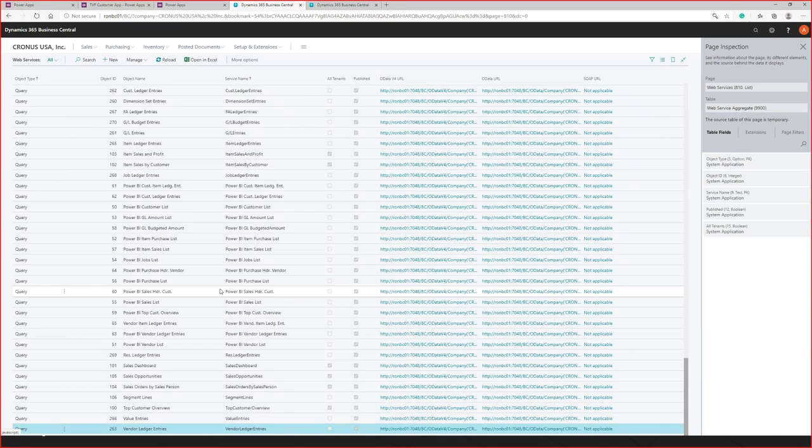Okay, web services are very powerful. Not a lot of people use them. I was way excited when Microsoft exposed them like this because it gave us a lot of power. And again, remember, you can still do this with older versions pre-BC. They still have web services. You can still connect to them. You still get the same power in those solutions. I've connected to them before and it works great.